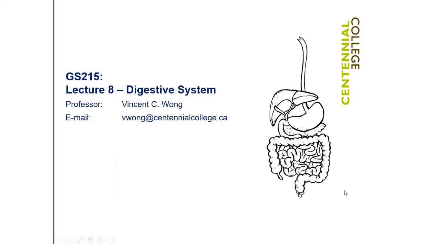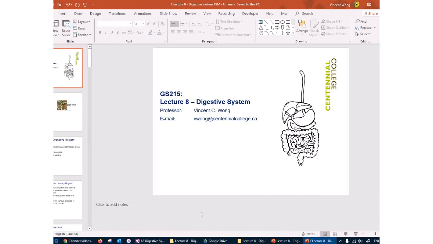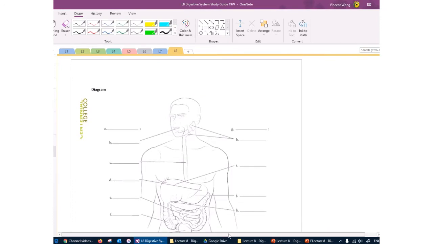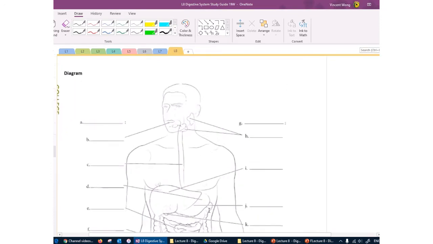Lecture 8 is about the digestive system, and this is relatively easy actually compared to the nervous system stuff that we did earlier in this unit. And we are actually going to start by labeling the digestive system first, before we go through the PowerPoint slides. So if you could go to the workbook and find this diagram under Lecture 8, and we will label it